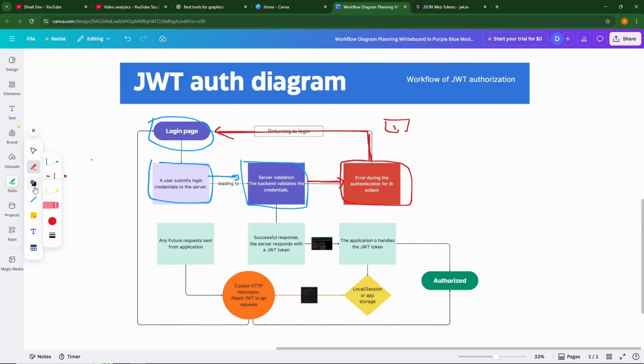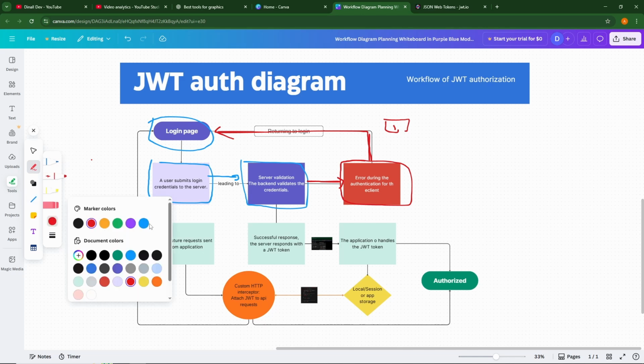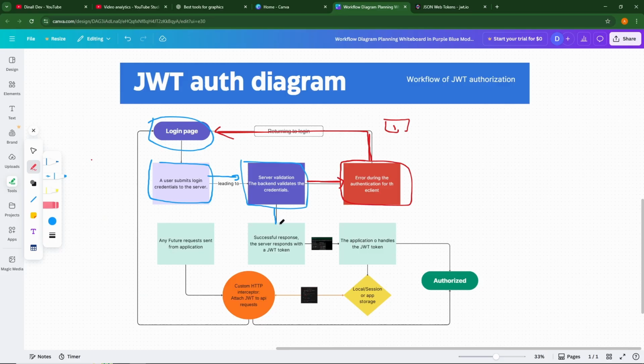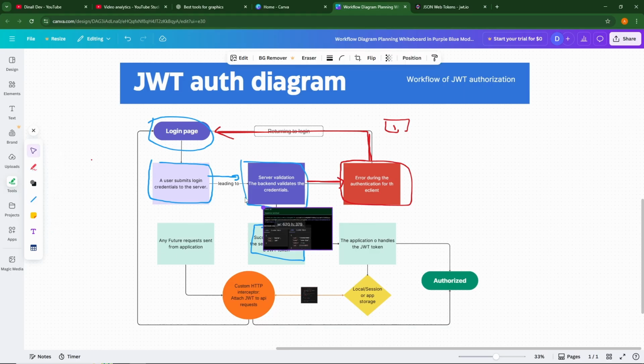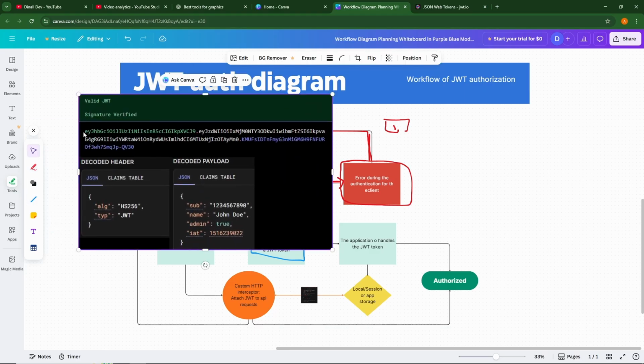The other case is when the server responds with a 200, and when the server responds with it, it attaches the token in the response JSON. And this is how a token looks like, guys. This is a response, probably inside the body, and this is a token. This is the decoded header and decoded payload. So when you decode the token